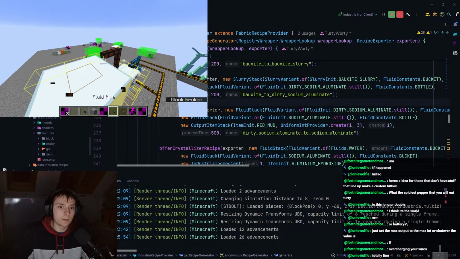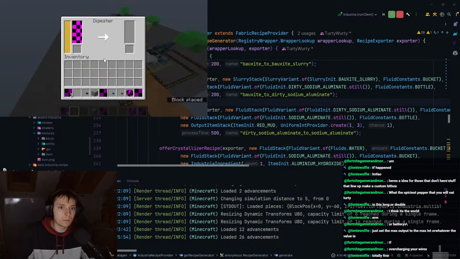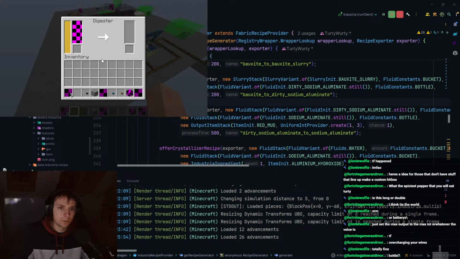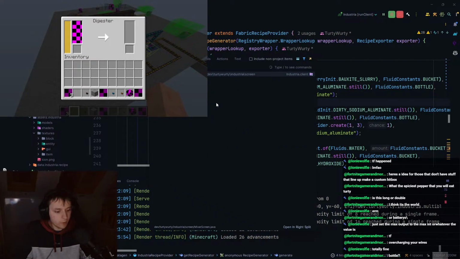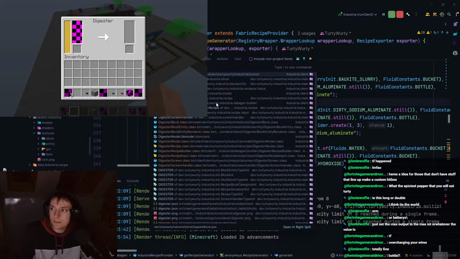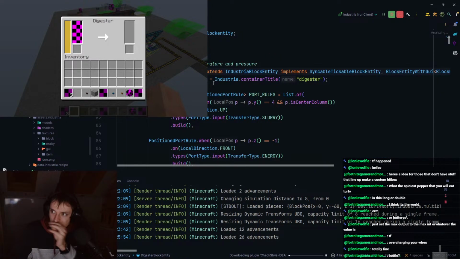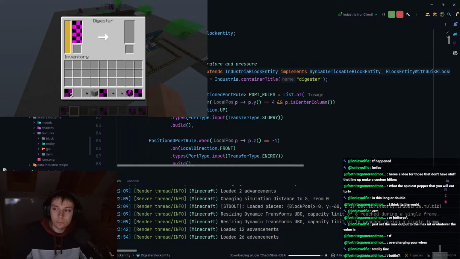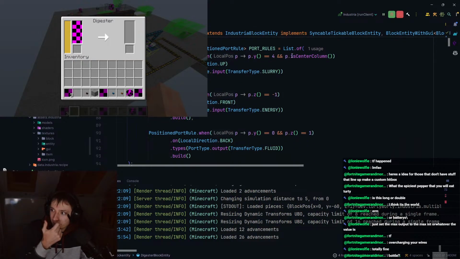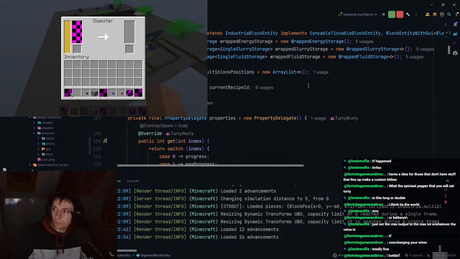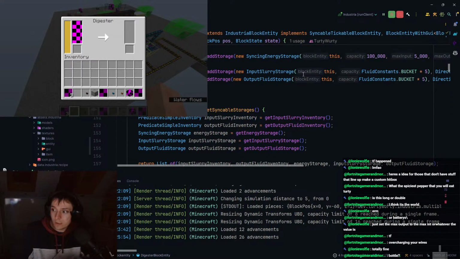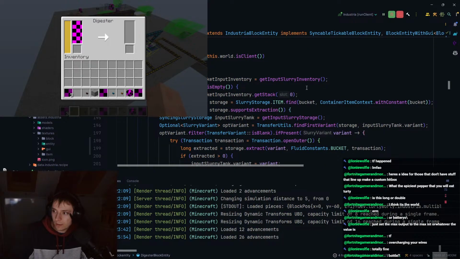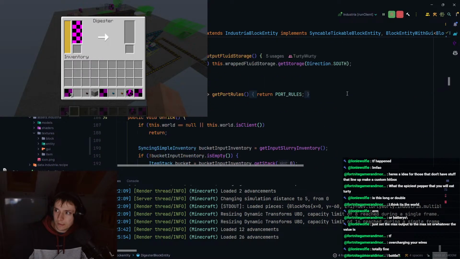Oh, wait, 1 second. I think that might be... Actually, that shouldn't be why, but I don't think it needs anything. What we can do, we can just hop into the digester block entity and see what it's doing, because it's obviously getting stuck somewhere and realizing it can't proceed. In the end game of the mod, when I continue developing further, this is going to need temperature and pressure. I think it shouldn't need that right now, but maybe it is looking for it, and maybe that's why it's not working. Shouldn't be the case, but